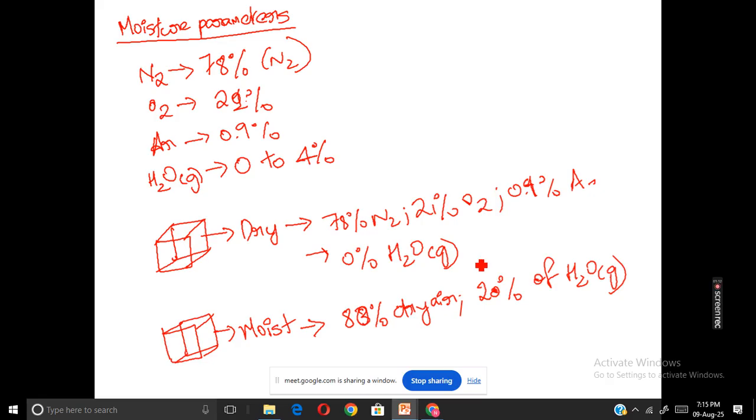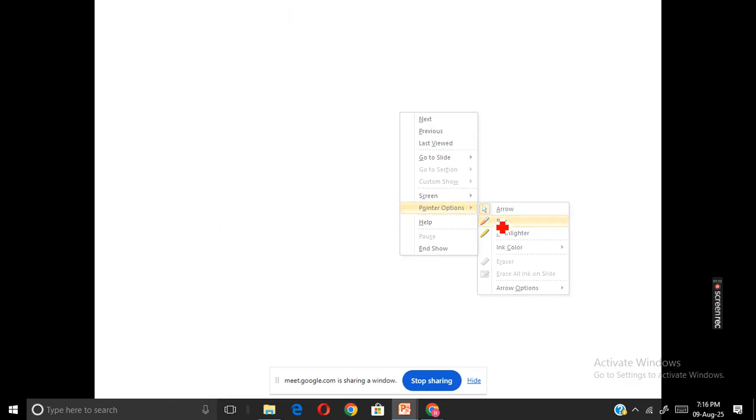So the amount of water vapor present in a particular air parcel kind of varies depending on the location, depending on the time of the day, depending on other atmospheric properties. So in order to represent the amount of water vapor present in a particular air parcel, there are a number of parameters that we generally use in atmospheric science, which are known as moisture parameters. Moisture parameters generally tell you how much water vapor is present in a given air parcel. So the first one that we use is known as mixing ratio.